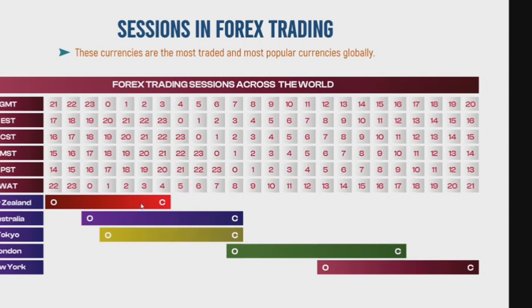We see that traders here and traders here are trading in this section, but from here to here we only have traders in New Zealand. Of course, here also will be more active. The most active intersection will be this point, where my mouse is pointing, because it's at this point that we have all of these players present. So that's the idea of sessions.